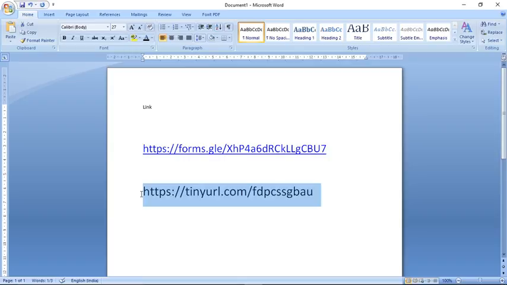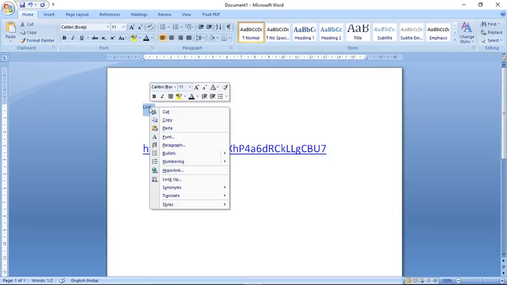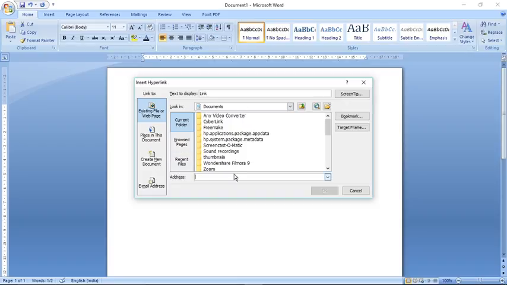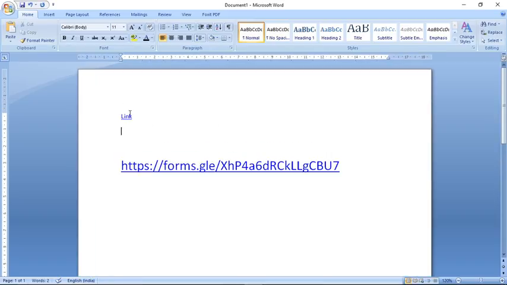Now of course the most important thing, whether this shortened URL is working or not, we'll check it out. So I'll copy it. I'll try to place it. I'll try to make a hyperlink of that. So again, right click, hyperlink. I'll paste it, and I have pasted. Okay, so you can check over here, this link is getting converted into a blue one. So this indicates that now my hyperlink is ready, and we'll check whether it is working or not.